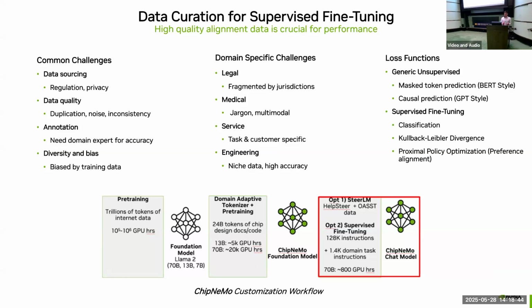Pretty much all the time, there's not just going to be a nice data set that's labeled for you, so you might need to get a human expert or find some crowdsourced way to label your data. And the data that we're collecting for supervised fine-tuning generally won't be as diverse and may contain biases compared to our standard data sets. When looking at specific domains like legal, our data could be fragmented by jurisdictions.